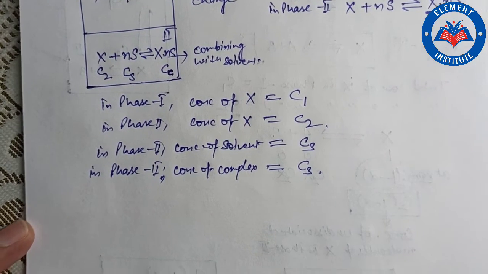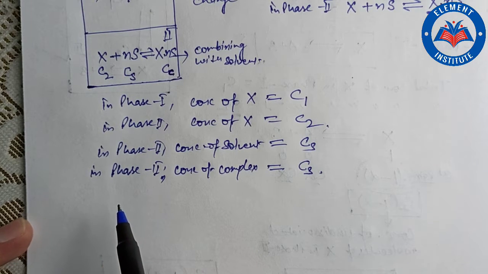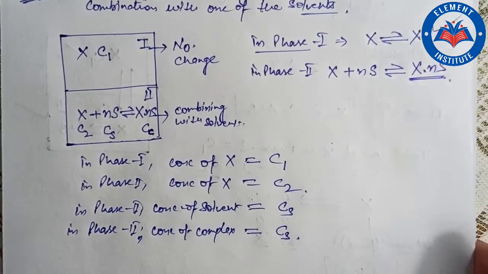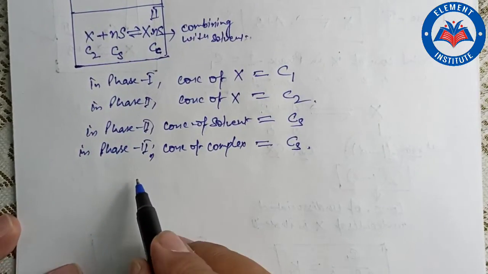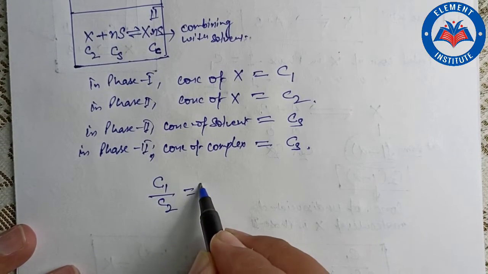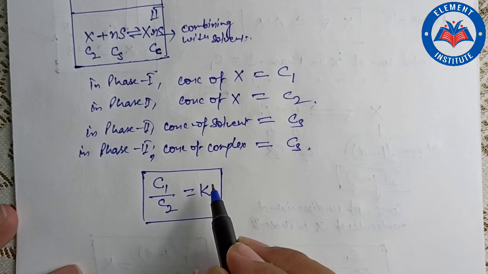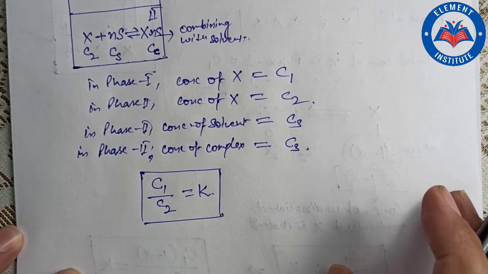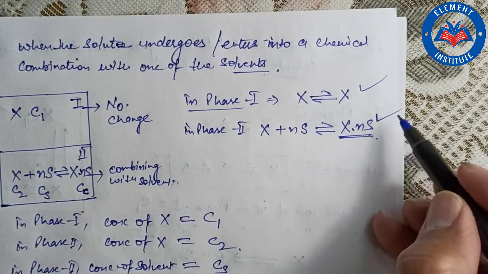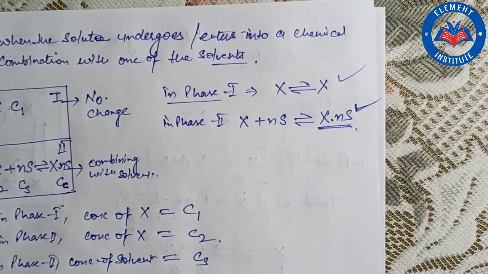Now applying the distribution law to equilibrium 1, we will have C1 upon C2 equal to K, which is simply the simple Nernst distribution law. Now applying the law of chemical equilibrium to the second equilibrium,